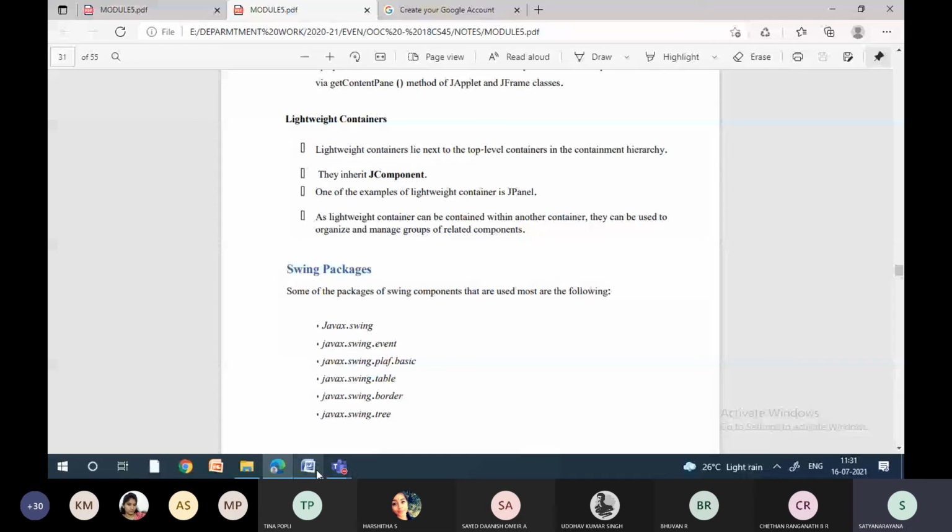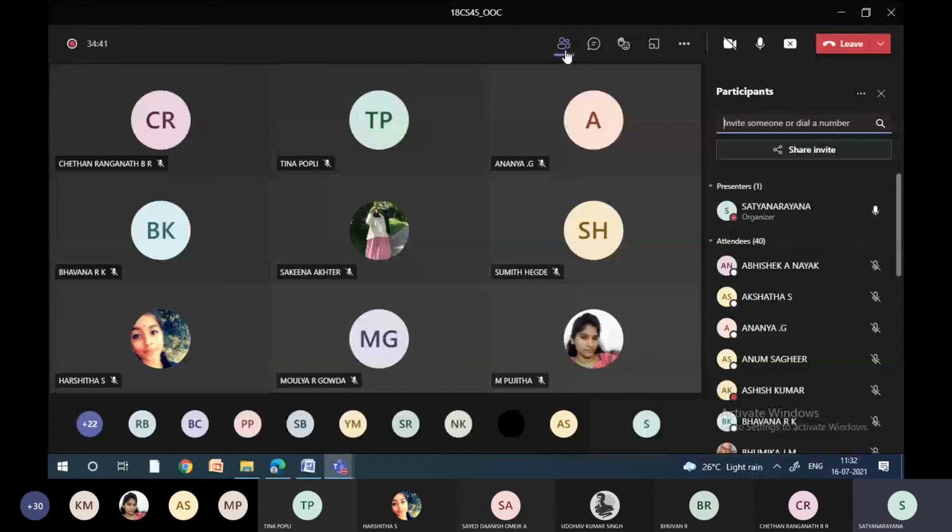Say, for example, if I click on this, see how fast I'm getting it. You can see the quick reactions, right? You can see the quick reaction. So these are lightweight components. Say, for example, if I click on audience or show participants, if it is taking 2 to 3 minutes to open this participants list, then what is the purpose of writing the program? Then it will become heavyweight components. So based on the requirement, based on your need, you need to select whether to go with lightweight or heavyweight, and which architecture and which layout I need to follow, right?